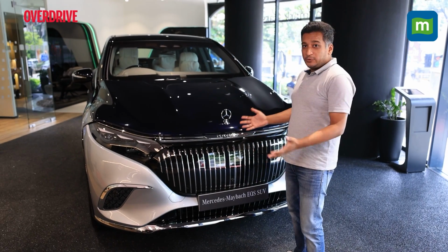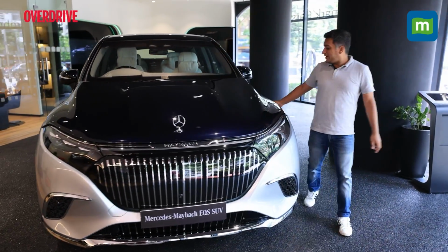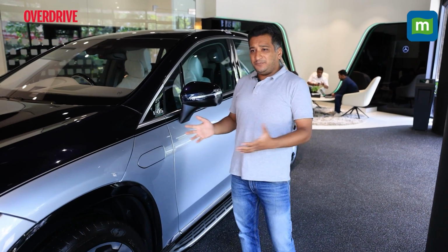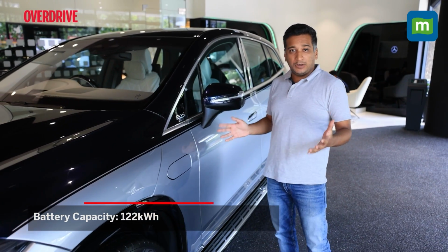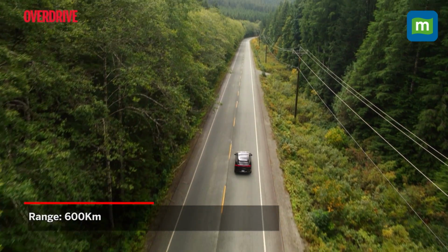Now just like the EQS sedan, you can't actually open this bonnet, and you use this quite neat arrangement here, a very unique way to fill the washer fluid. But that also means that broadly it's based on the same EV architecture as the EQS, and you have some very similar specs. Now you have a 122 kWh battery pack which gives you about 600 kilometers of WLTP range,